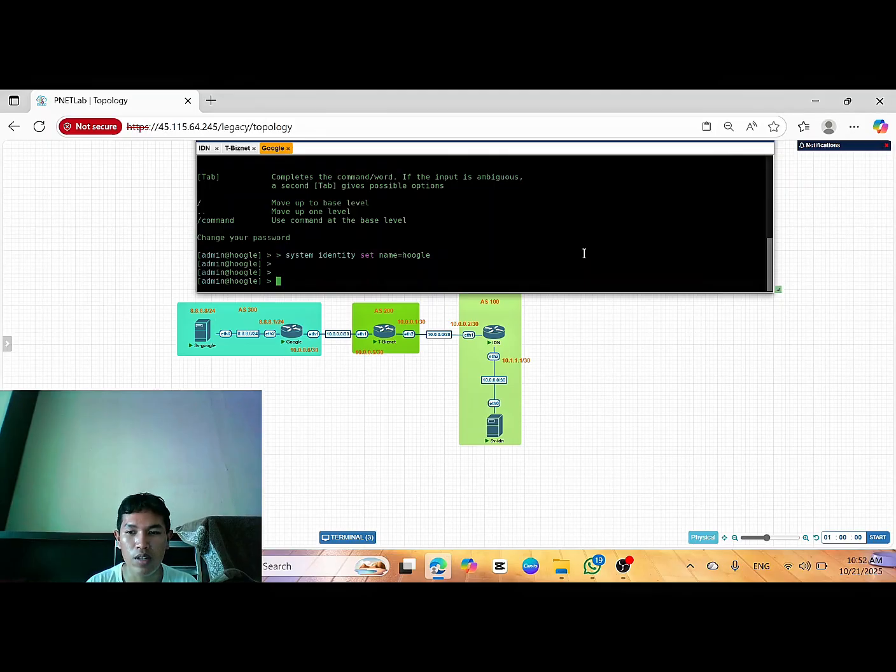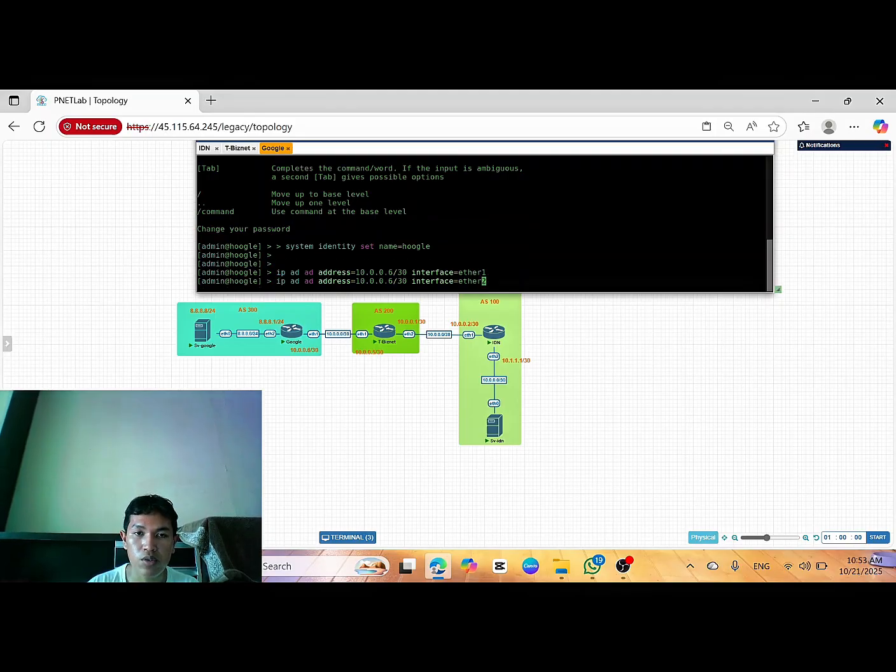Then I add the IP address for interface ether 1, 10.0.0.6/30 interface ether 1.